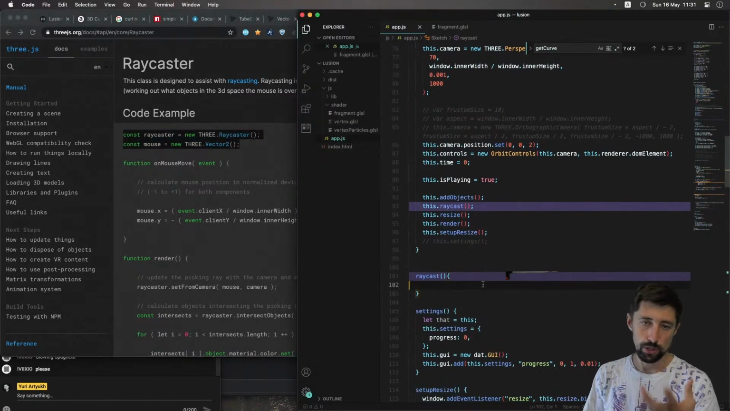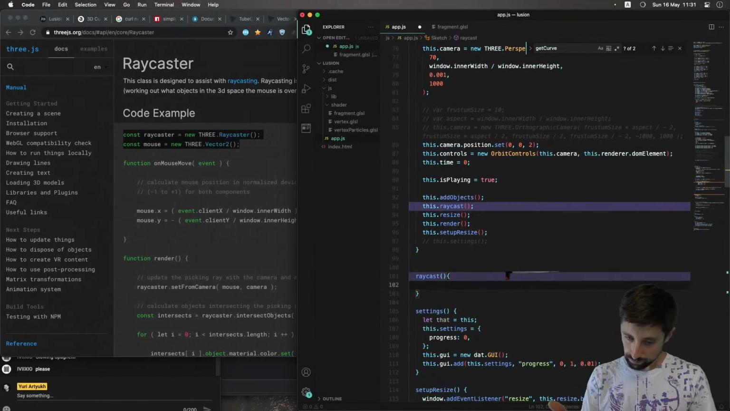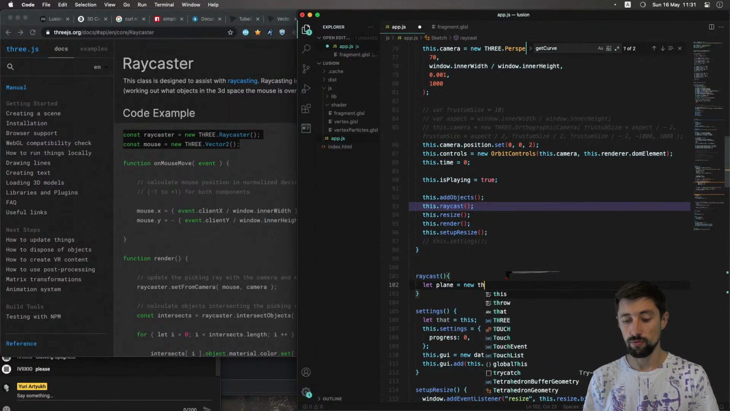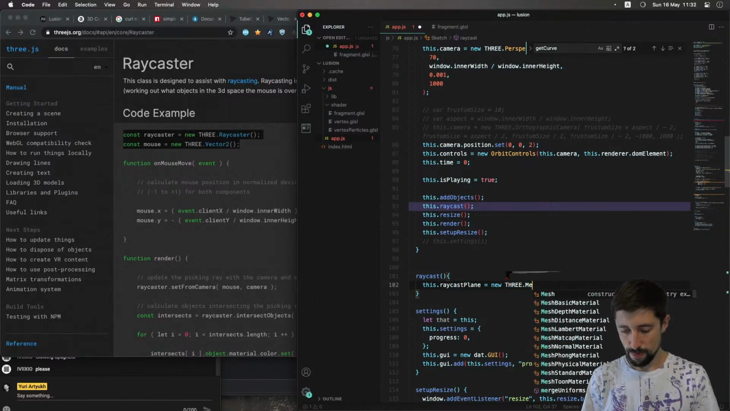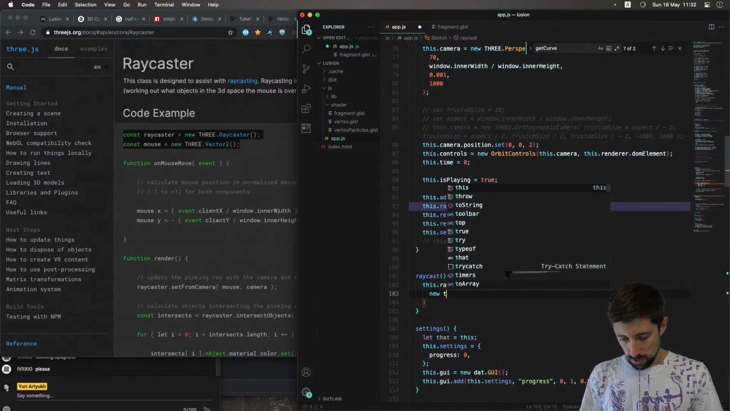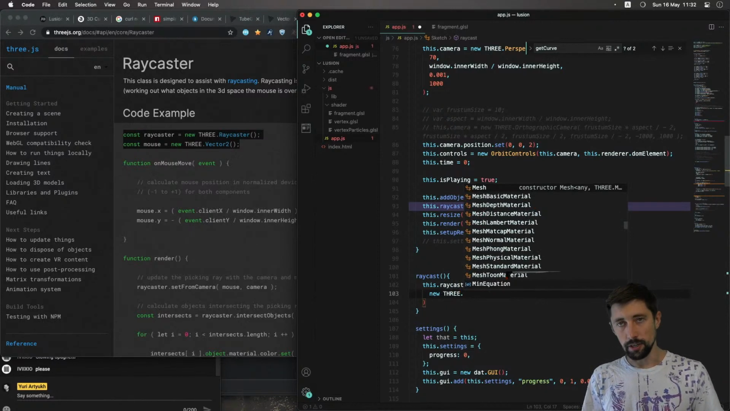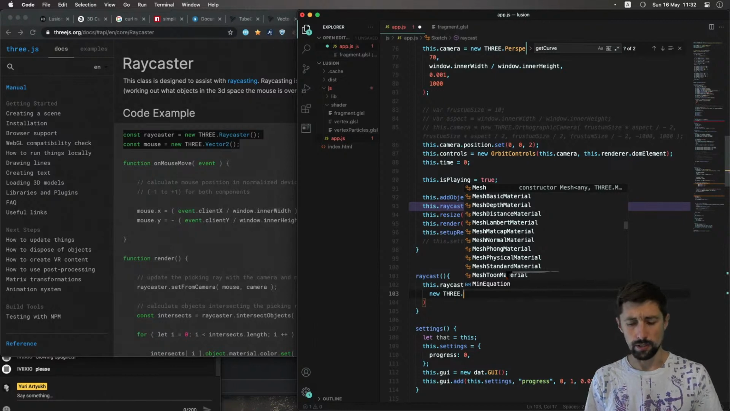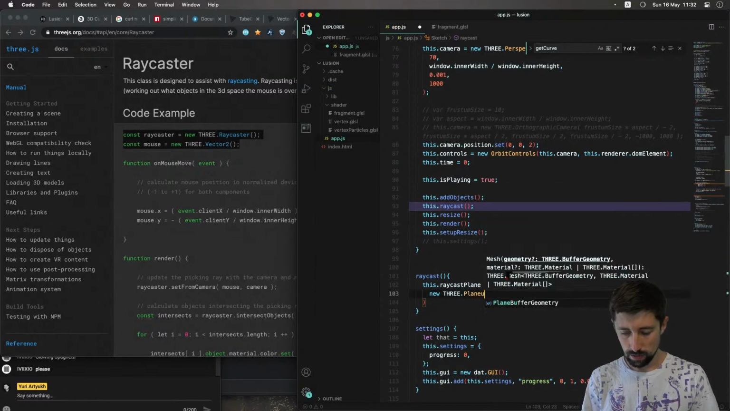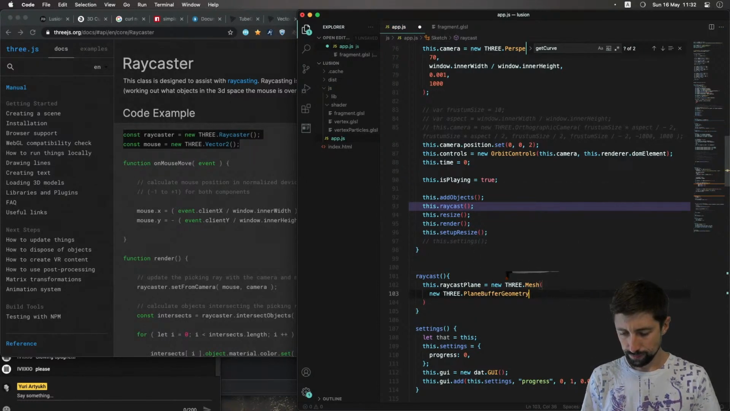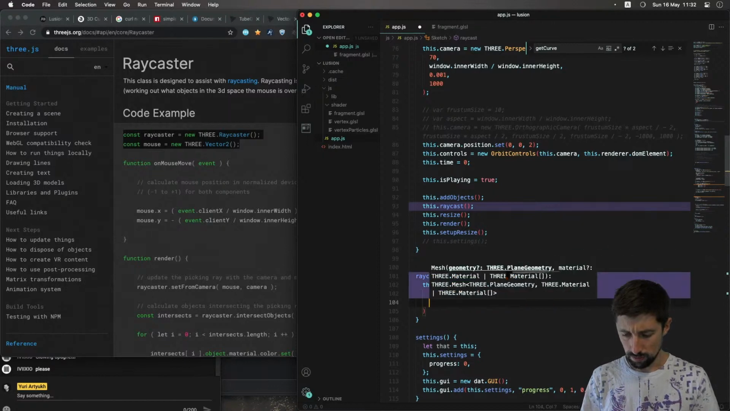Then I will need some object in the 3D space, which I'm going to be raycasting onto, and let plane equals. Some dubious stuff that I need to write. What goes first? It's geometry, and it's gotta be plane 10 by 10, and then